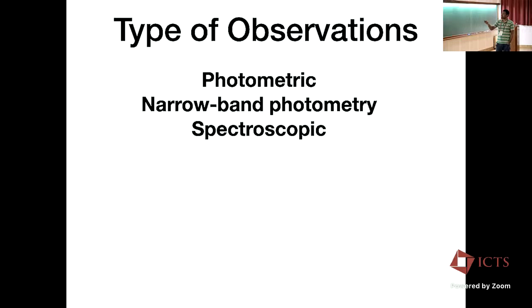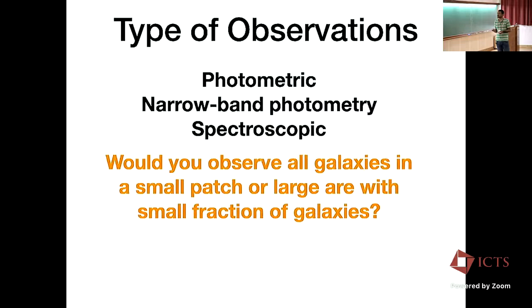And then you can do spectroscopy, and we have been doing spectroscopy since 1980 or so. In fact, even before Slipher started doing spectroscopy, through which Hubble was discovered, right? So I mentioned that. But now we are doing it at massive scale. So you can do spectroscopy and measure spectra and measure very precise redshifts of these objects. Now that you have these choices,